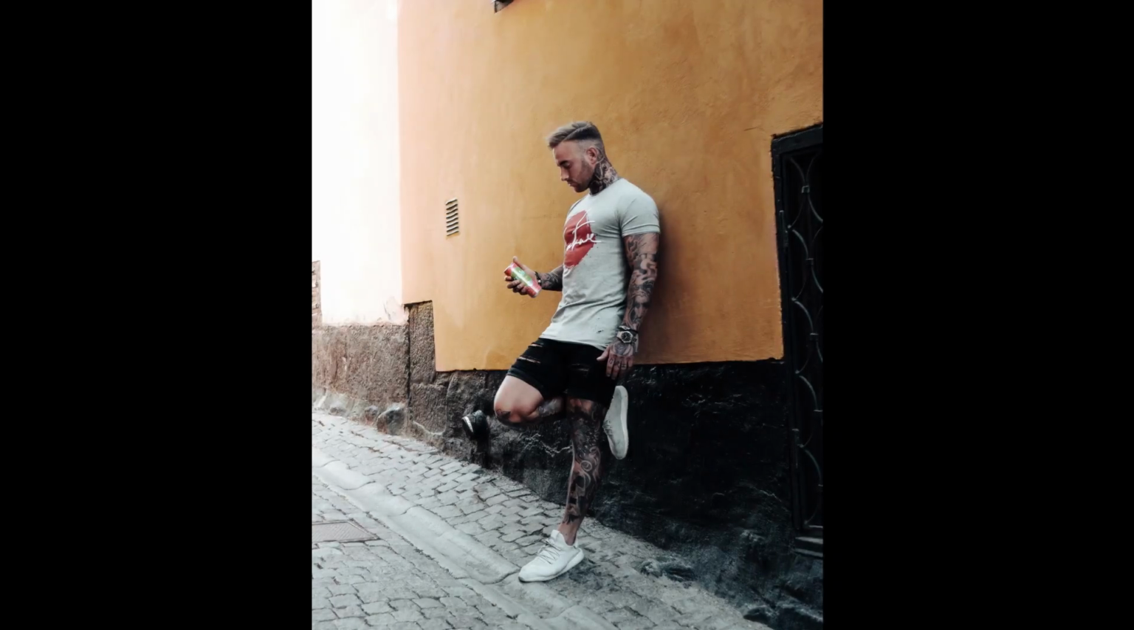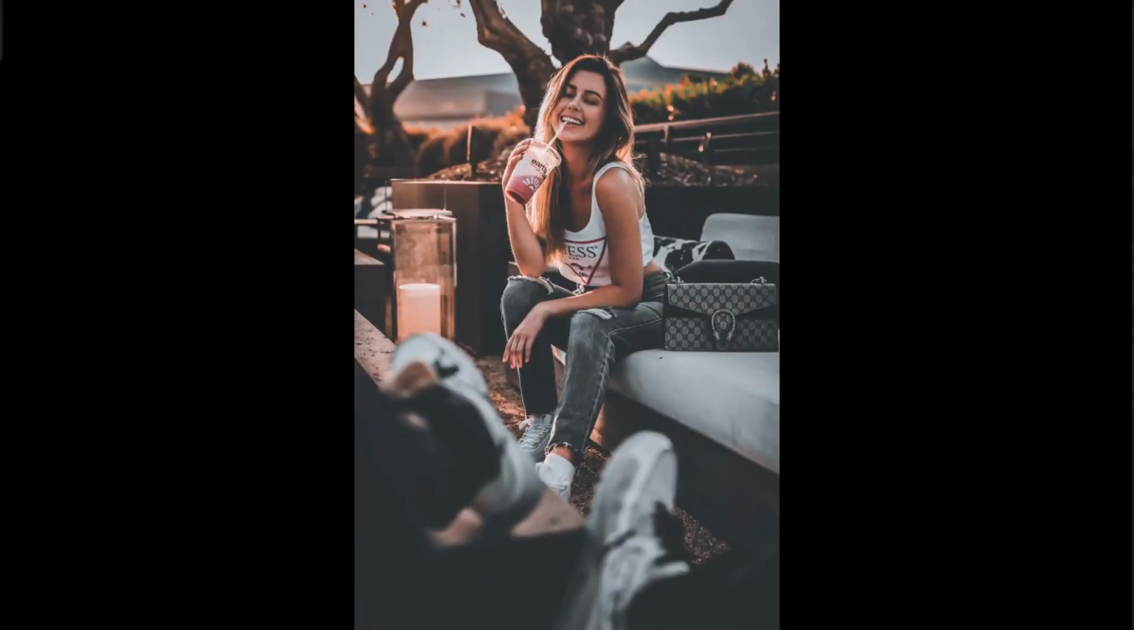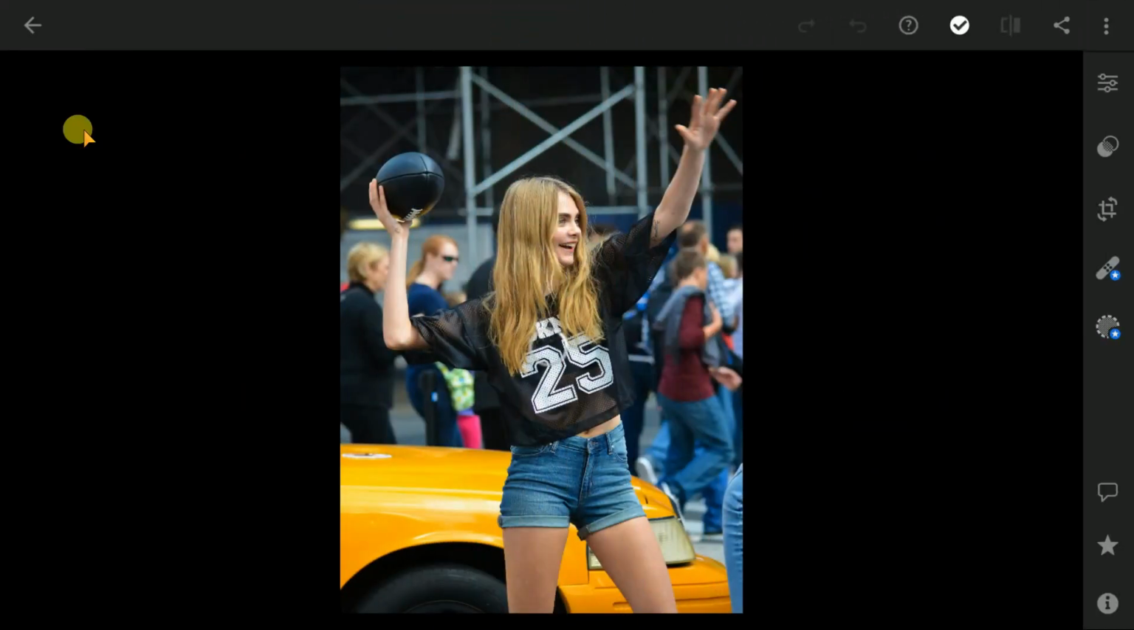Hello guys, I'm Farz and I'm here with another mobile Lightroom tutorial, and this tutorial is about the moody urban effect. So let's get started. Okay, first open your image and